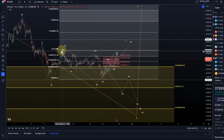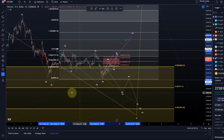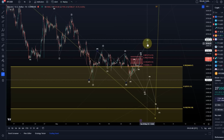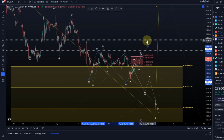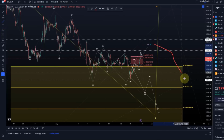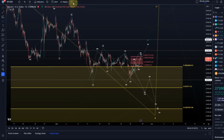That's anyway the dotted line, 27,700. And the 1.618, which would be a high wave Y, would take us to 28,861. Okay, so these are the levels to watch in this scenario. And this would be the idea where we get a high wave 4. Also corrective, and still afterwards a move down expected. Okay. If we get a WXY though,